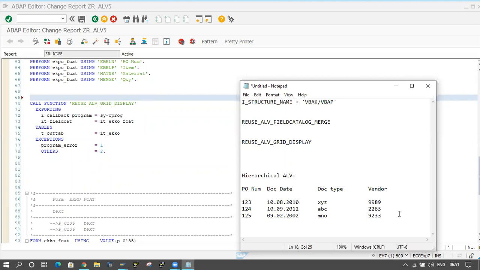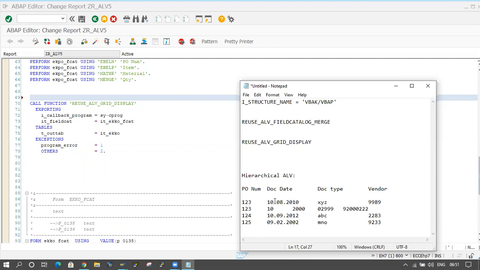My requirement is, first of all, I have to display the header information. After the header line I want to display the item information also: 123 the document number, and this is the item number 10, the quantity equal to 2000, and the material number I'm passing here, and the price.